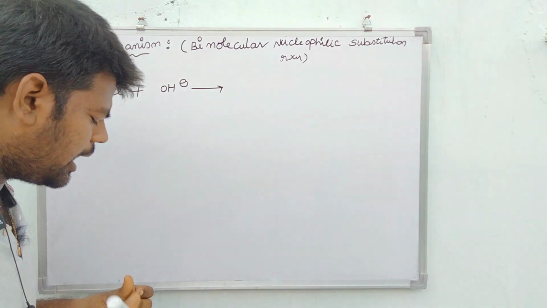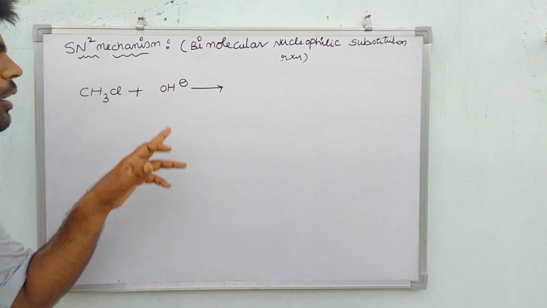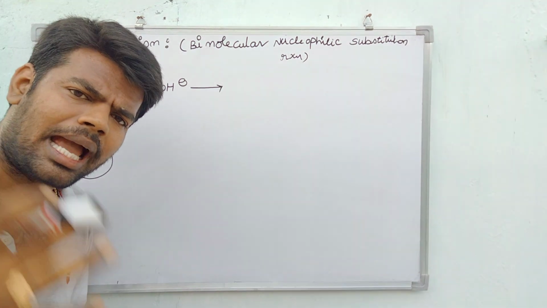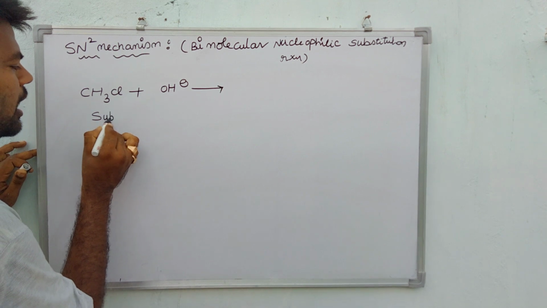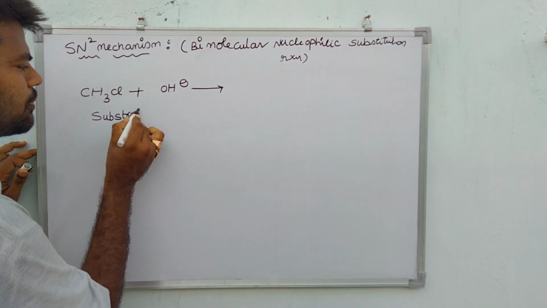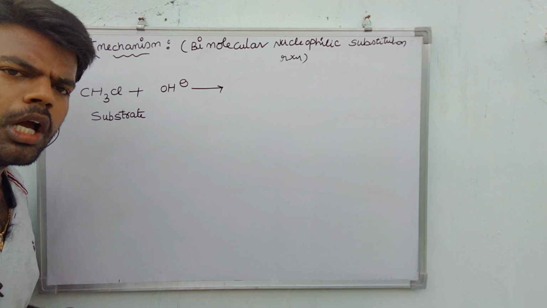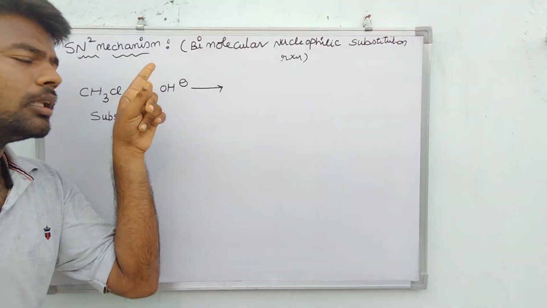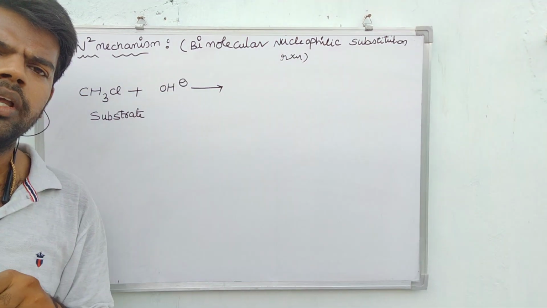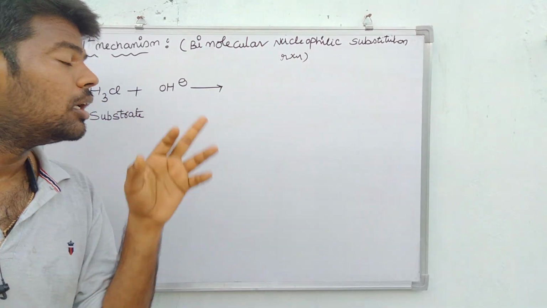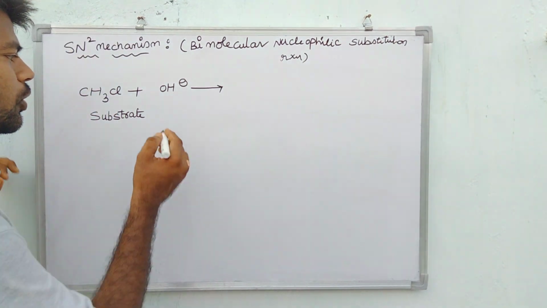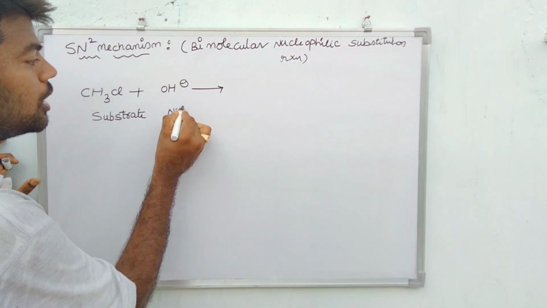We know that in any chemical reaction, the starting reactant in an organic reaction is said to be the substrate. The group attacking the substrate is said to be the reagent. In that reagent, the OH group attains a high electron density, therefore it is said to be a